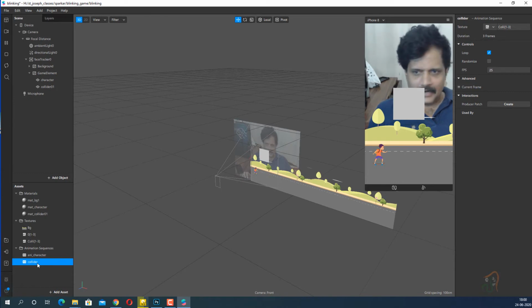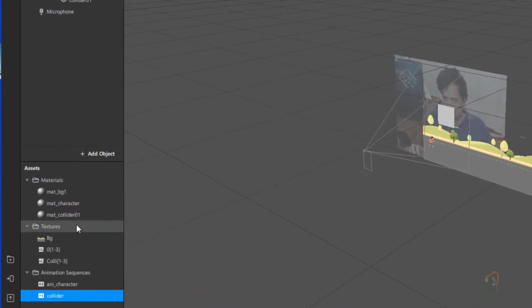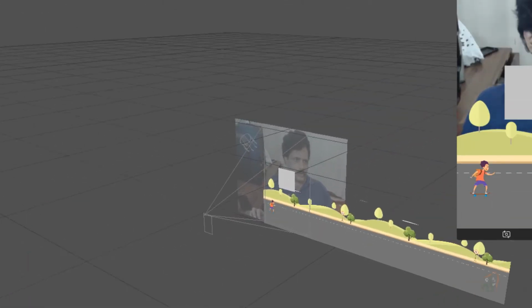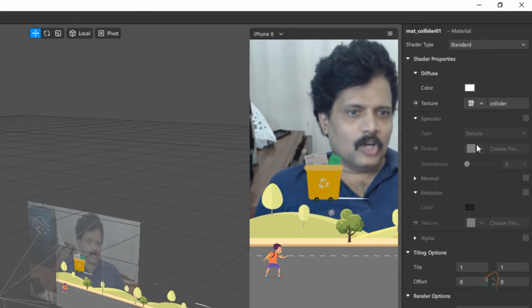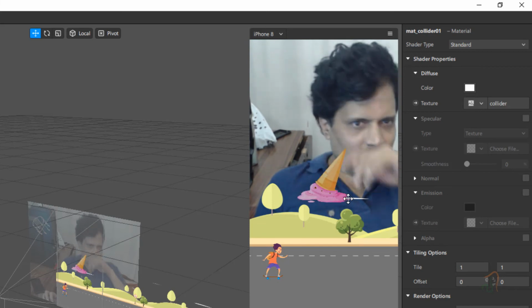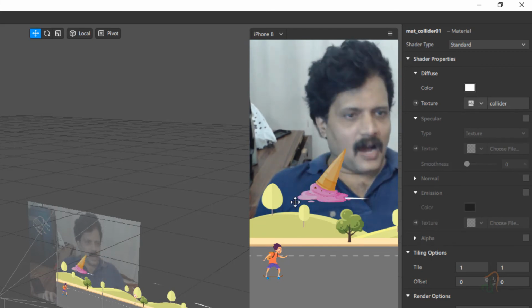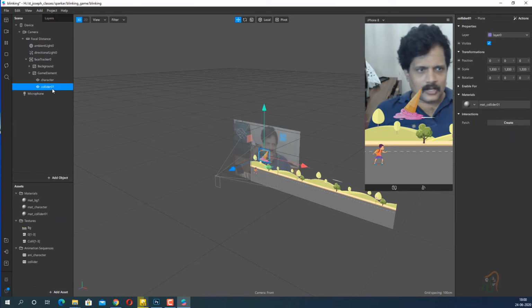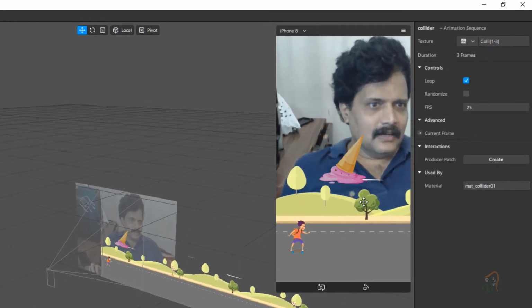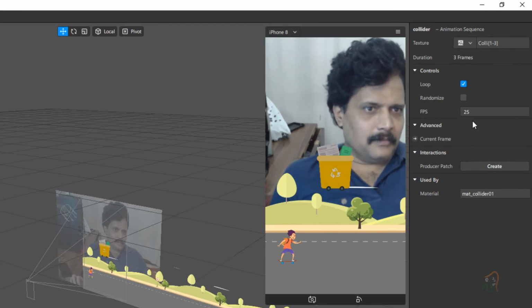Now what I will do is, for material collider 1, I am going to add the texture collider. So you can now see the 3 images are moving very fast. So to make it work correctly, I'll come to this collider sequence here, and you have set the frames per second to 25.